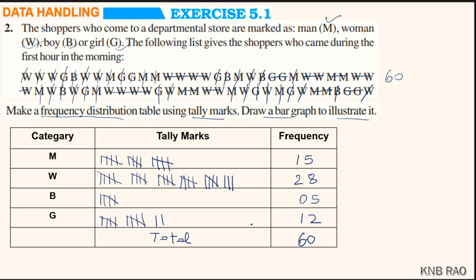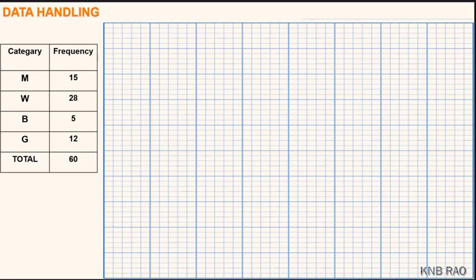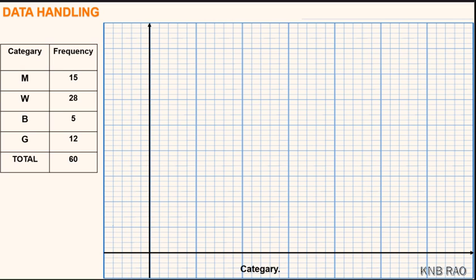Then let us go for drawing a histogram for the same data. Here I have taken the table in short, category and frequency of that, and I am drawing a graph. Here we will be drawing a bar graph, not a histogram, children, because the category is of a verbal type, not numerical type. So I will draw first the horizontal axis and then the vertical axis. I am taking category on the horizontal axis, and frequencies I will take on the vertical axis. Then the scale I am taking on the y axis, 1 unit.